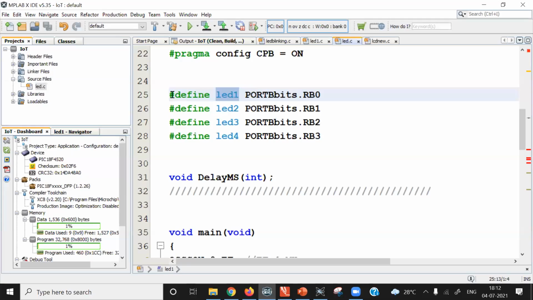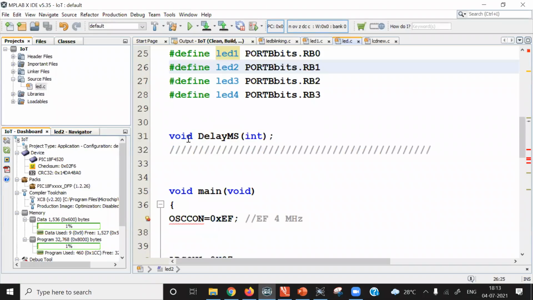So using the #define directive, we can assign a name to a microcontroller port pin. In later programs, instead of accessing the pin by the name RB0, we can access it by this name LED1. The RB1 pin name assigned is LED2. For RB2, the name assigned is LED3. The RB3 pin name assigned is LED4.